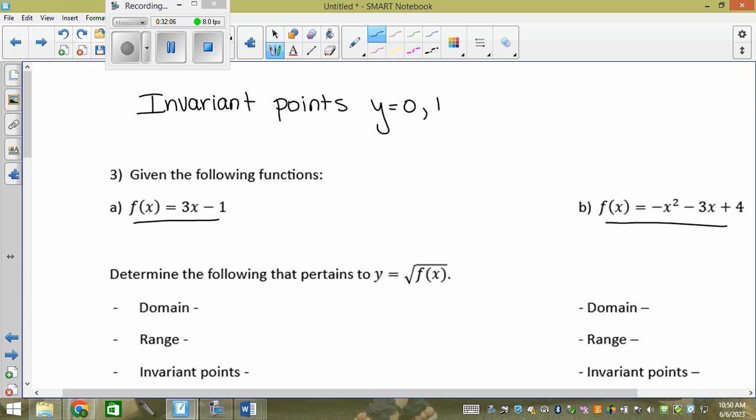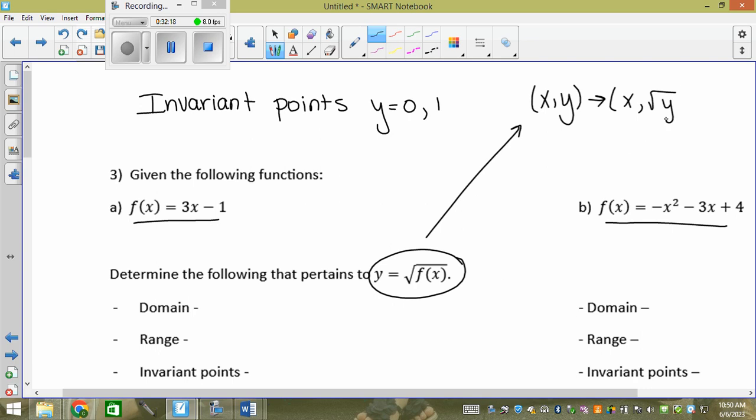And why? Because when I tell you to take the square root of an entire function, your mapping is x, y becomes x, square root y. That's all you're doing. This literal lesson is all y becomes root y. Your x's stay the same, your y's get all rooted. Why do your y's get rooted? Because what is f of x? Just a fancy way of saying y. Square root all your y's. That's all it's saying. Don't do anything to your x's. Root all your y's. Right? So,